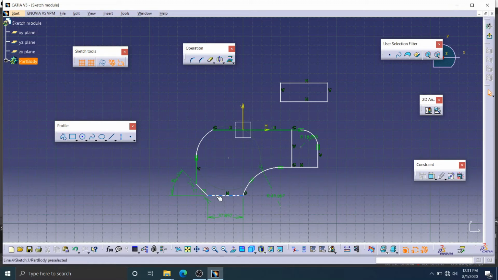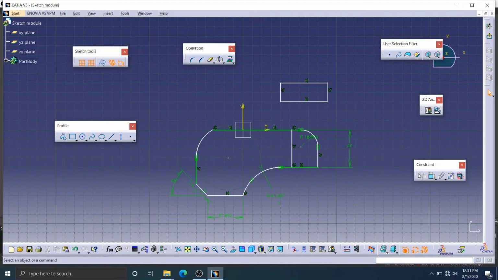If you click a line, it will give the length of the line. If you click a circle, it will give the radius or diameter. If you click between two lines, it will give the angle. If you click two parallel lines, it will give the distance between those parallel lines. So this is known as dimensional constraint.